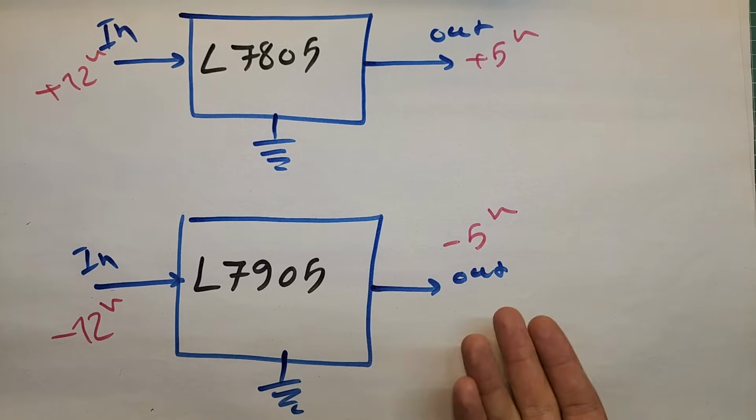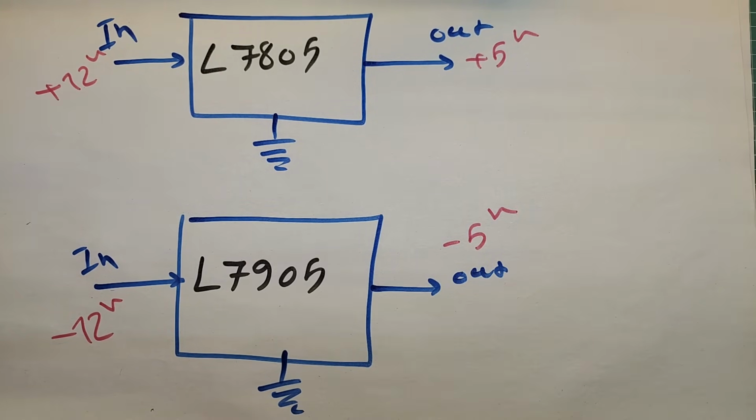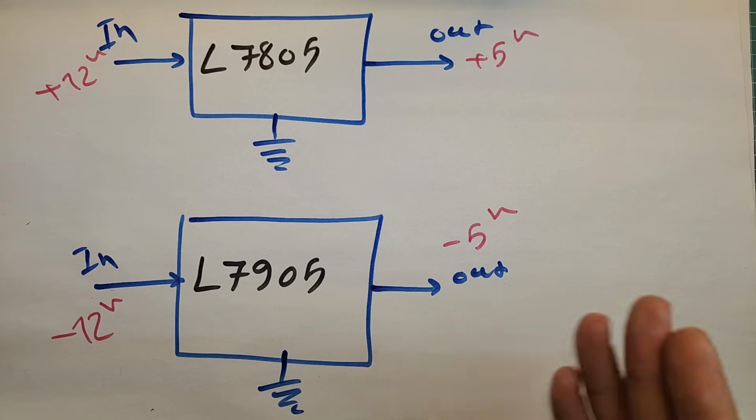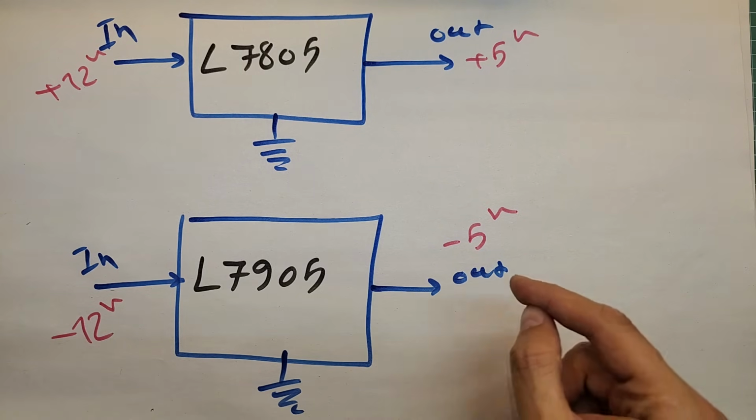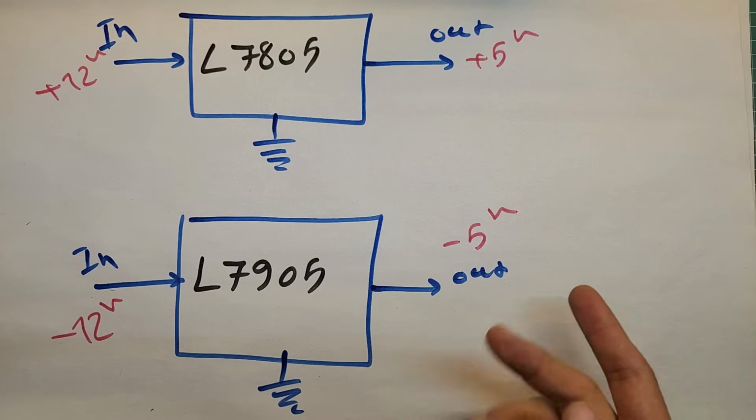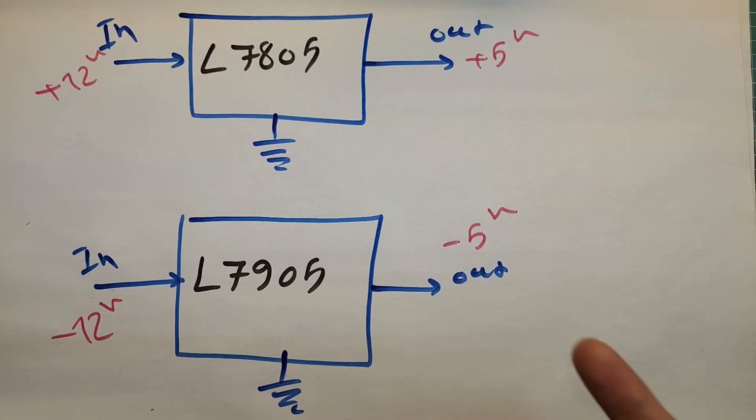But a negative voltage regulator takes a lower negative voltage and makes a higher negative voltage. For example, this L7905 negative regulator takes minus 12 volts at input and makes minus 5 volts at output. By the way, since these voltages are negative, I said that this minus 5 volts is higher than minus 12 volts. Essential attributes of voltage regulators have been discussed in this video so far, but there are some additional attributes